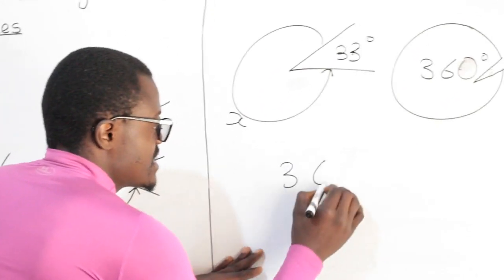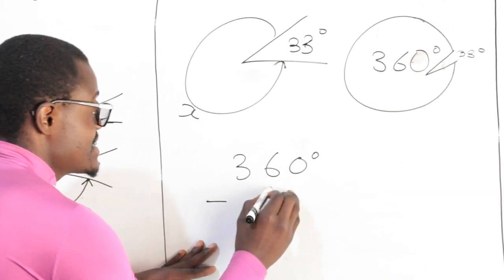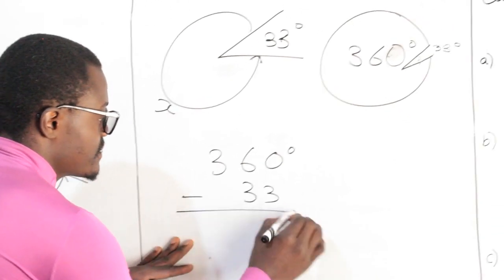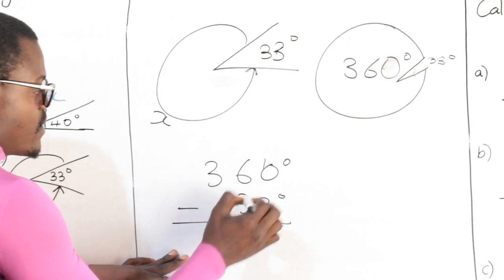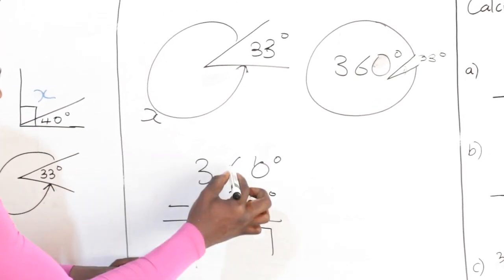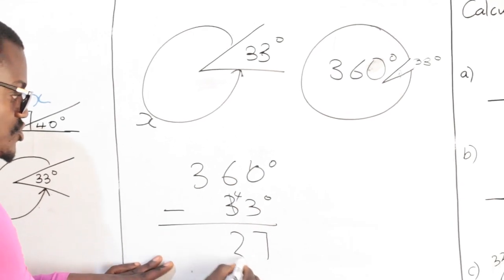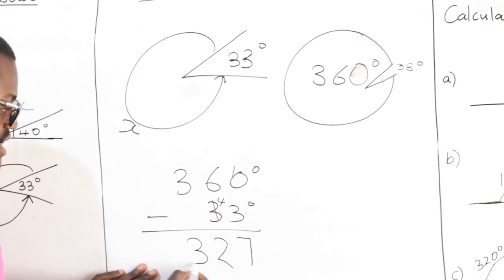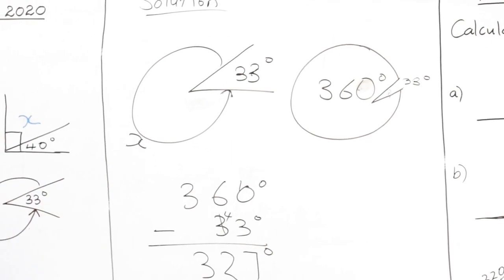So 360 degrees minus 33 degrees. Right. We give a 1, we return there. 10 minus 3, that's 7. 6 minus 4, that's 2. 3 minus 0 is 3. So the answer there is